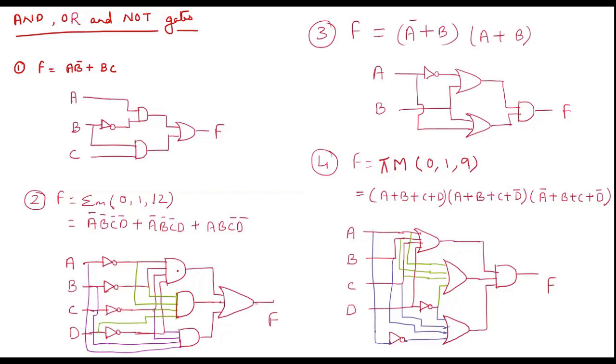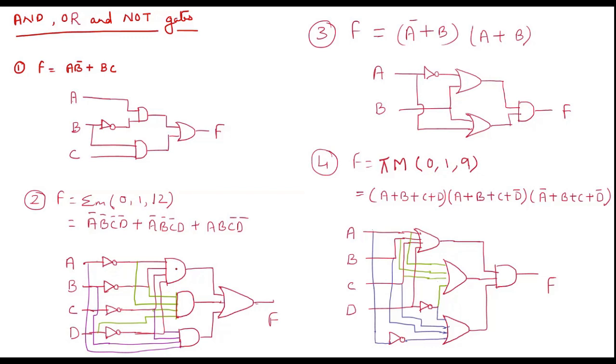You can go for 2 inputs again, but I have taken 4 inputs directly, so the circuit will be small and good to see. I know I need to complement all these variables, so I have taken NOT gates also. You can see A, this is A complement, this is B, B complement, C, C complement, D, and D complement.